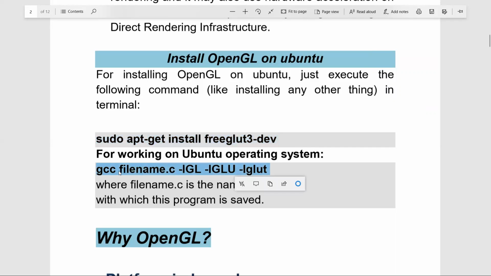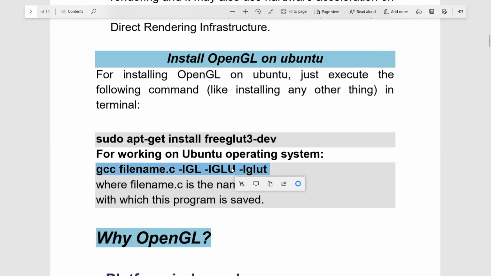It is using the GNU C compiler, the name of the file with extension .c, and then we provide all the linking support by using the GCC option -l. So l stands for linking library. So we are providing the graphics library to be linked.